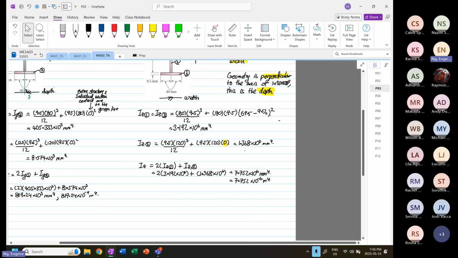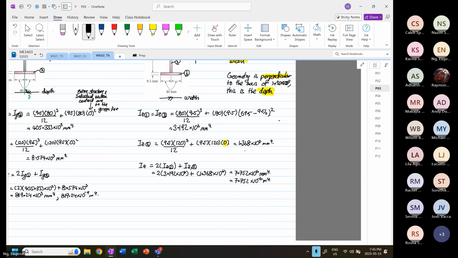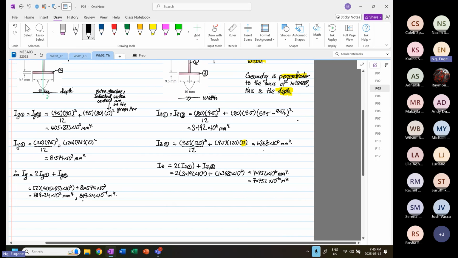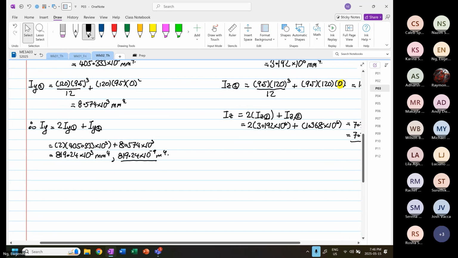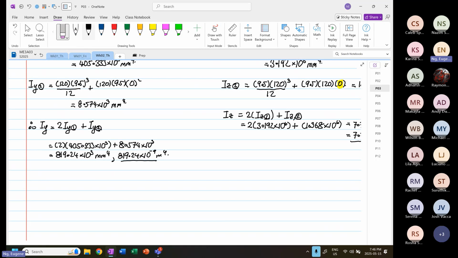So now we have two values. We have IY at 8.194 times 10 to the power minus 9, and the other one, we have 7.752 times 10 to the power minus 6. Okay, so I'm going to write the next statement. Buckling, or the second moment of area